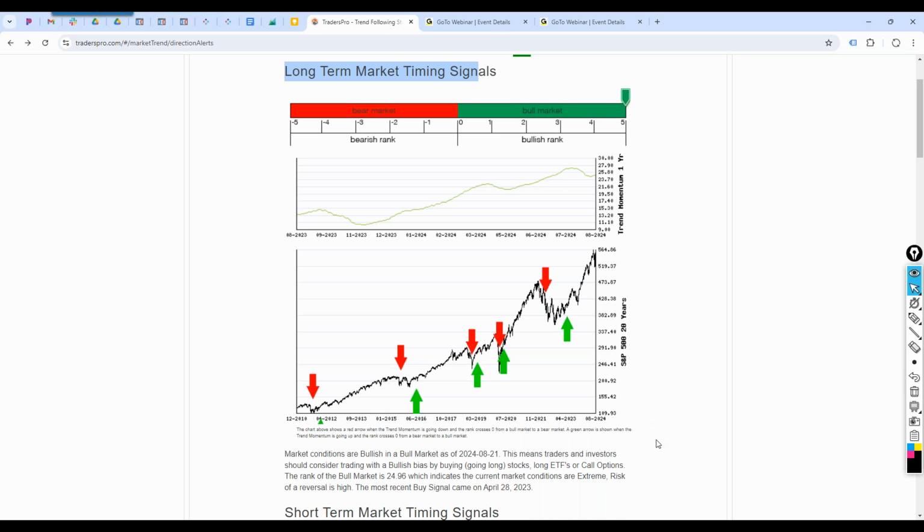When we're talking about the big picture, it also has to do with how we are allocated towards equities, because we're not going to be able to fight the market. We don't want to fight the market. We don't want to try and outsmart the market either, because we're not going to be able to do that. The market is the market. We just need to be trading with that overall market direction. If it's moving higher, we want to participate to the upside. If it's moving lower, we either want to be out or we want to have our allocations very, very small. For the most part, that's the core strategy.